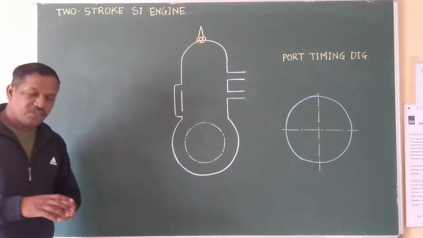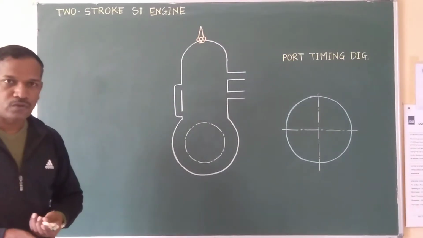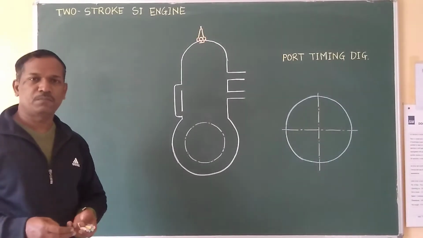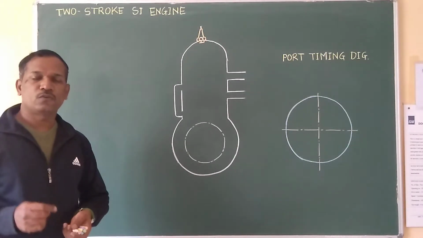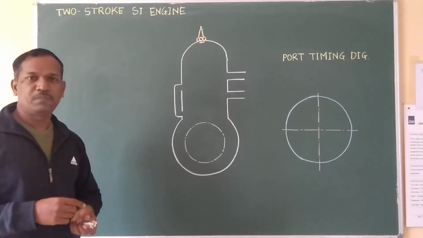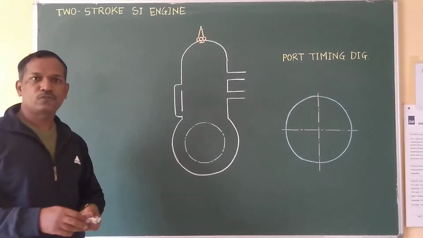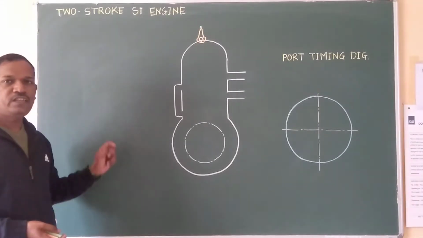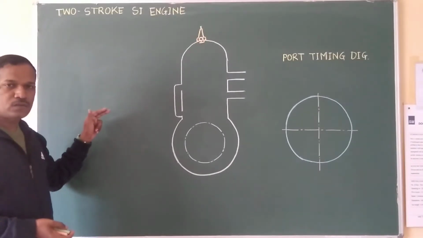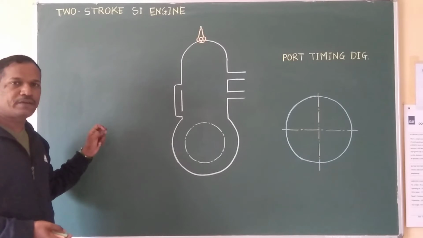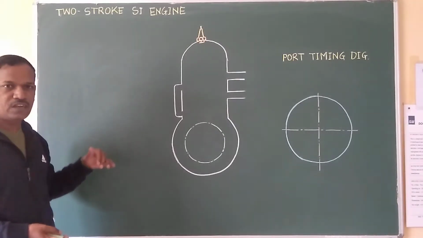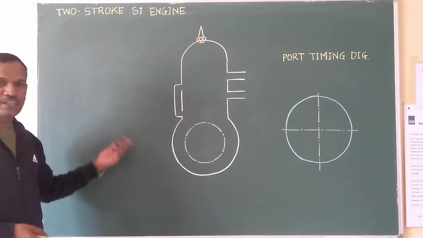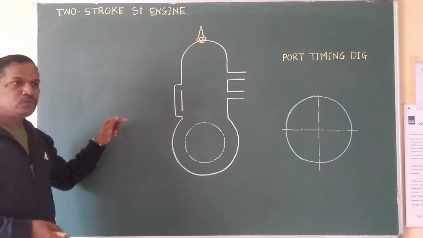So let's begin. There is a difference between a 4-stroke and 2-stroke, but the processes must be suction, compression, power and exhaust. All these 4 processes should be there to complete one cycle. In 4-stroke there are separate strokes, but in 2-stroke there is one upward stroke, where we have to cover 2 processes, and a second stroke, a downstroke, where we cover the remaining 2 processes,